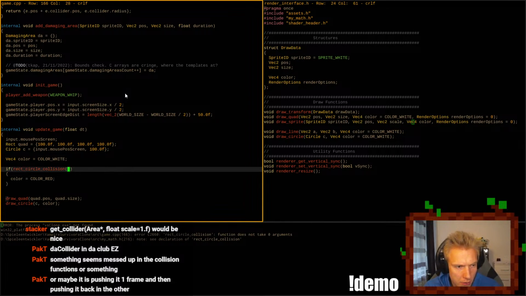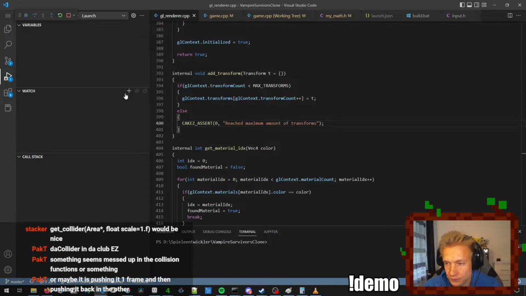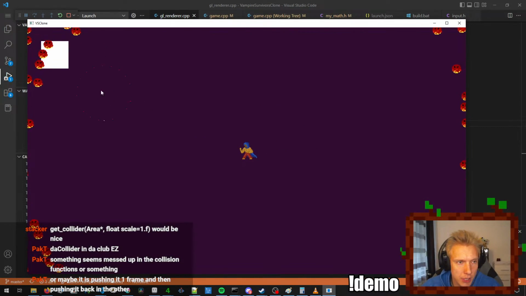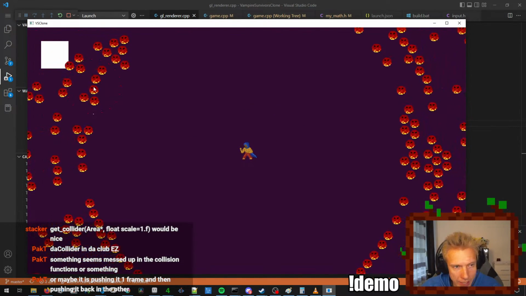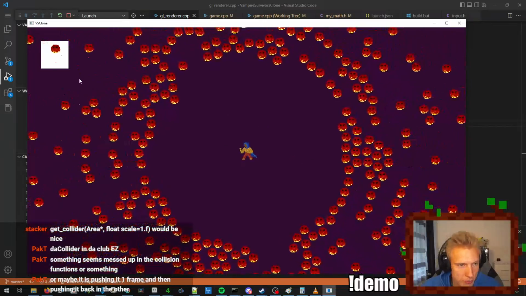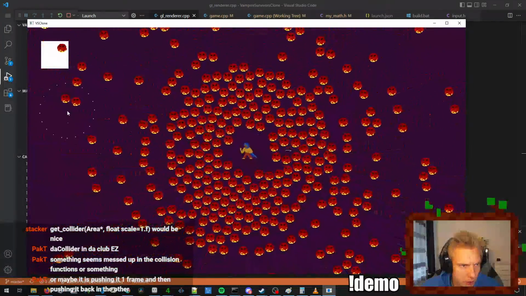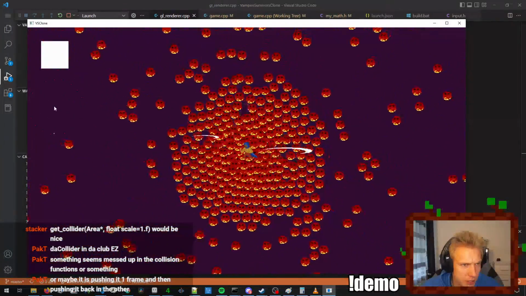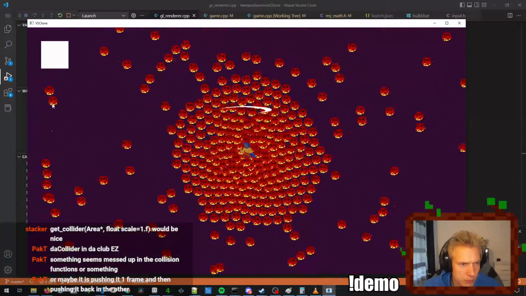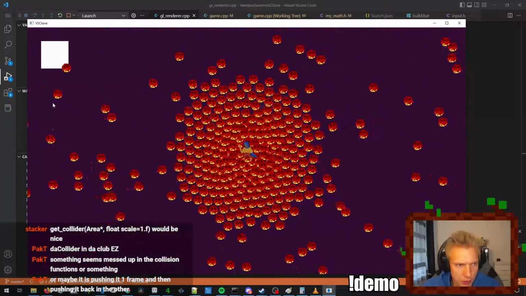Building completed. Yeah, see how it's like the last quad that I draw seems to be not... But yeah, look. Oh look, it seems like it's colliding here too, which is definitely not correct.